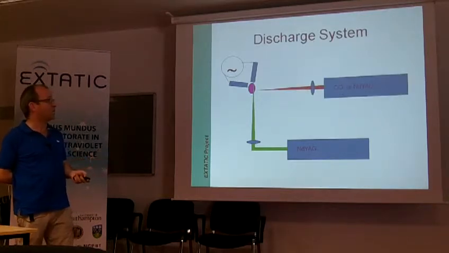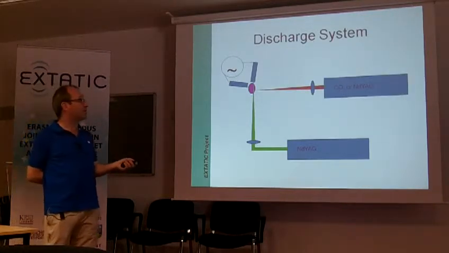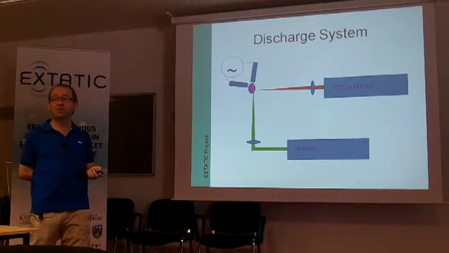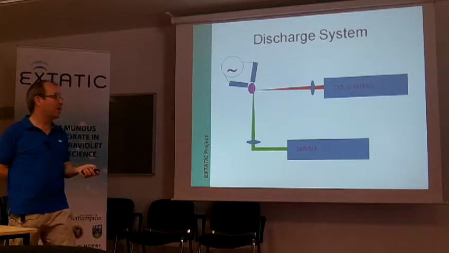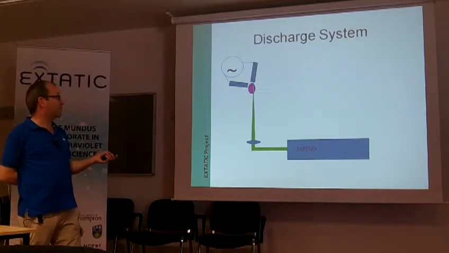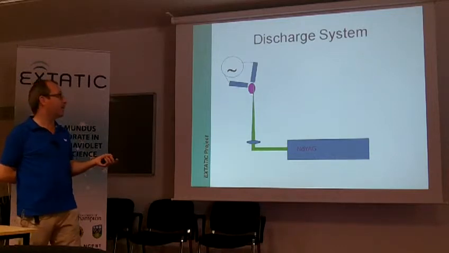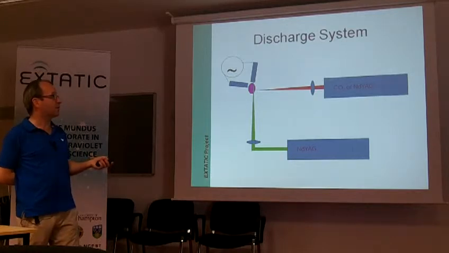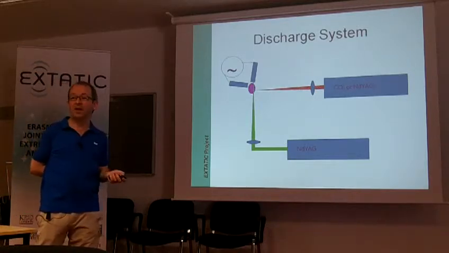And what we want to do in the project with Garum is to focus a CO2 or YAG laser into the plasma after it's been produced. We start off with a plasma that's about 10 eV, which is relatively easy to produce. We need to get the right density to match the CO2 or YAG laser coming through, and the idea is to try and couple the laser into a sufficiently small volume that we can get a high brightness